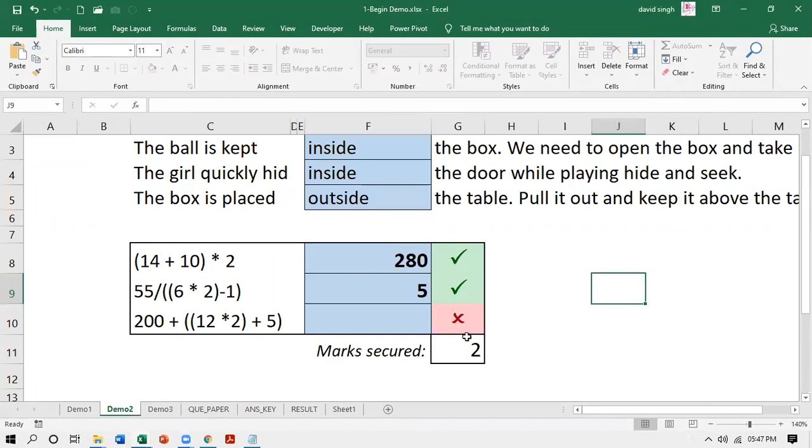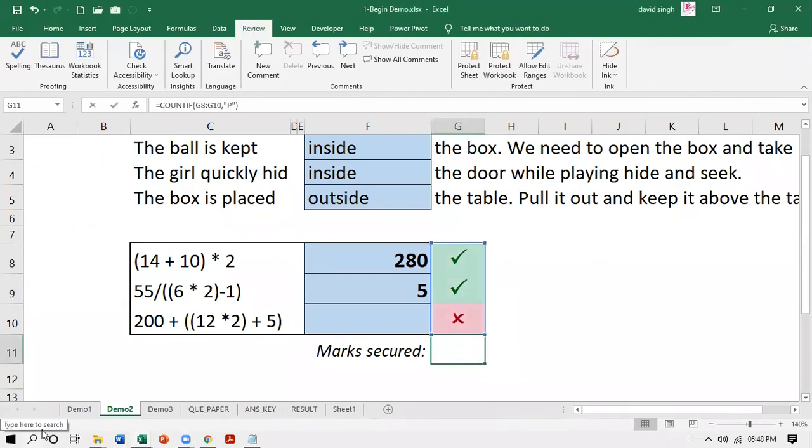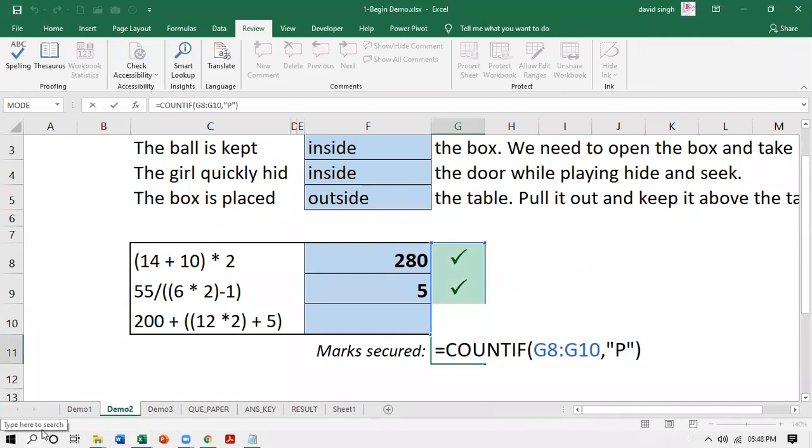Now, a little small thing: how the marks are being calculated. I come here. F2. I come in edit mode. Now see here. Besides the IF function, I am showing you another function which is a cousin brother of the IF function, that is called COUNTIF. The COUNTIF function begins with an equal to sign as I told you. The COUNTIF function has its own bracket.